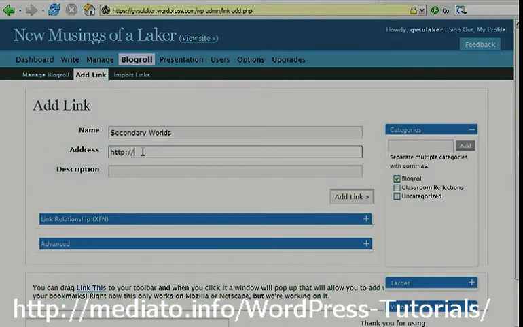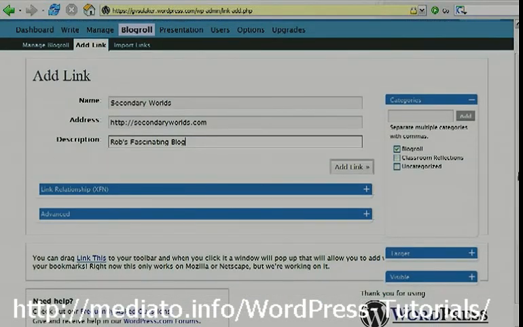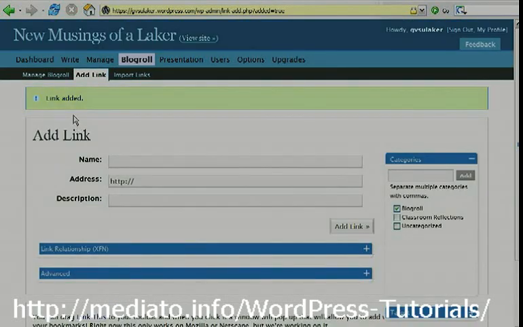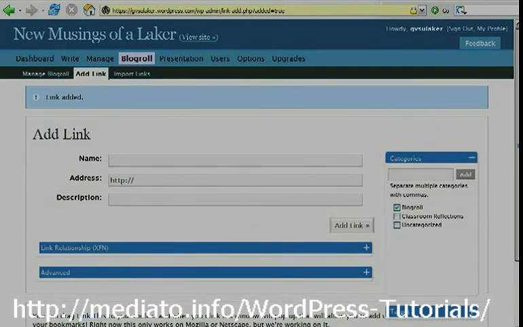So the name would be Secondary Worlds, and the URL is, as we know, secondaryworlds.com. Rob's fascinating blog is the description. You don't have to add a description. Then we hit Add Link. Tells me my link has been added. Okay. Then if I go up here to Manage Blog,